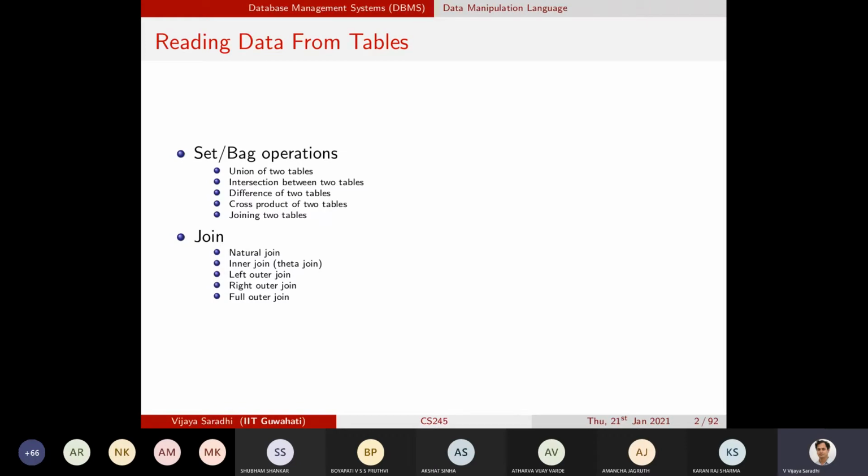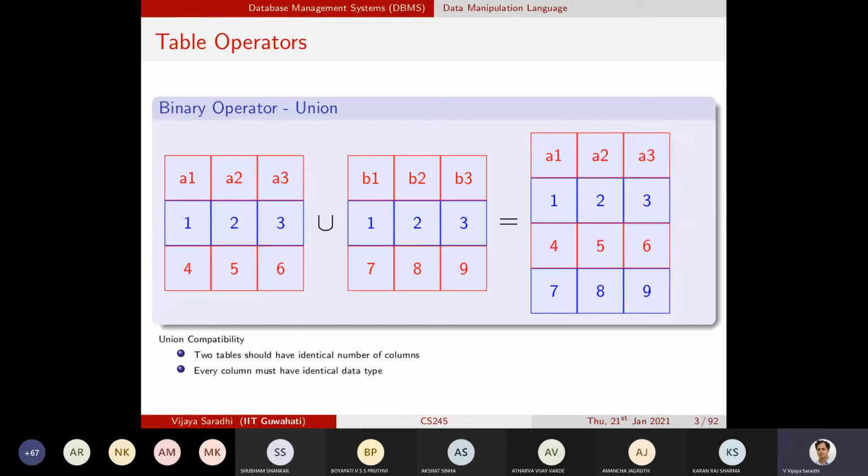Even though we will be discussing these operations at an abstract level, once these operation discussions are completed, I will take a textbook example and walk you through the utility of each of the operations, be it on a single table or on two or more tables, how they can be queried on example databases, and then how SQL constructs can be formulated. So first we will take up the union operator.